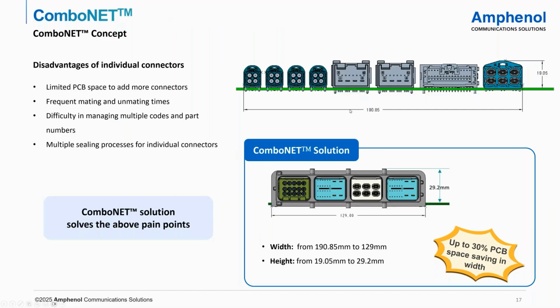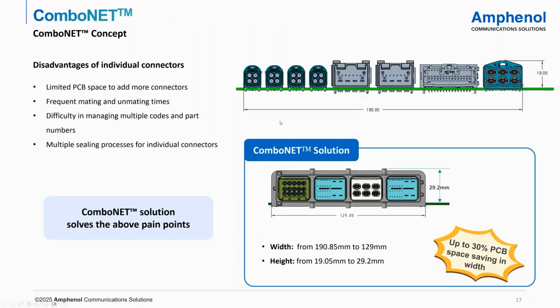Also, another advantage is at the OEM, they will not have to mate as many connectors. So in this case, you will need to mate around 8 connectors. With ComboNet, you only have to mate 1 connector to connect the same amount of signals. And